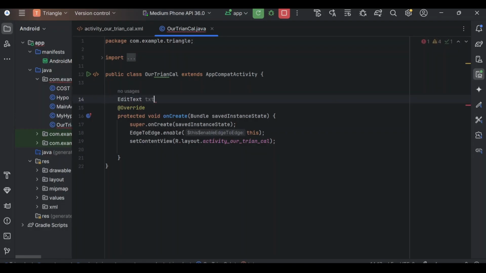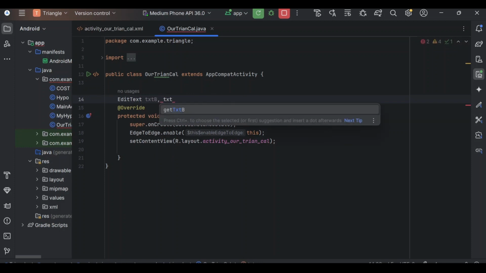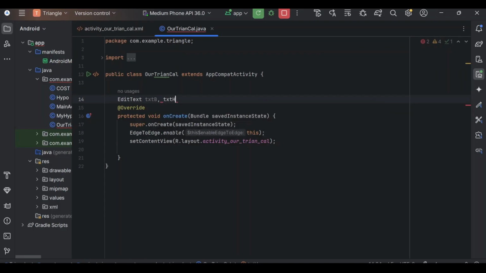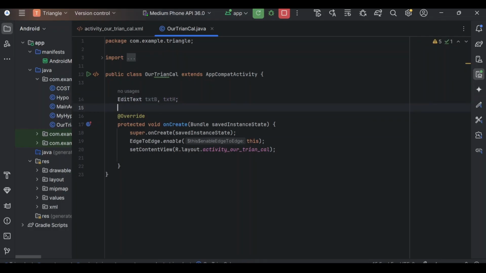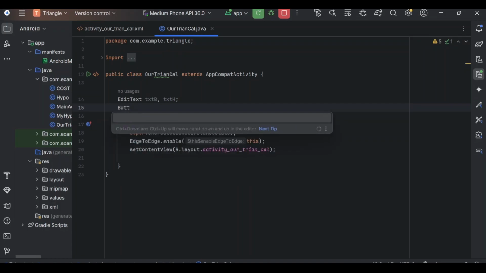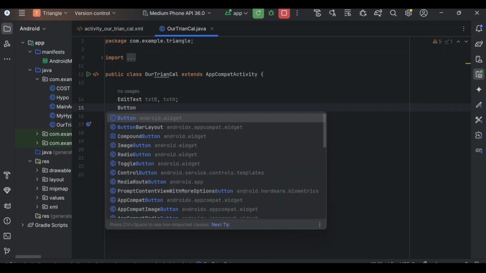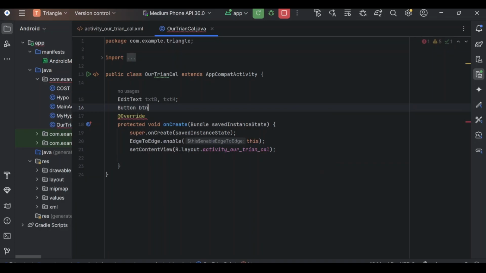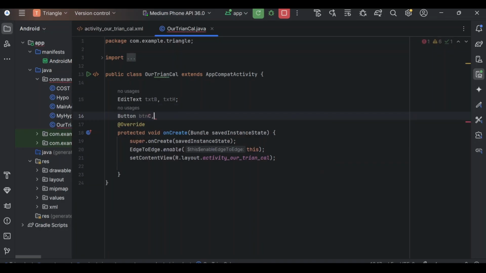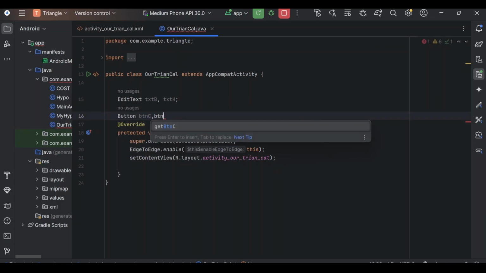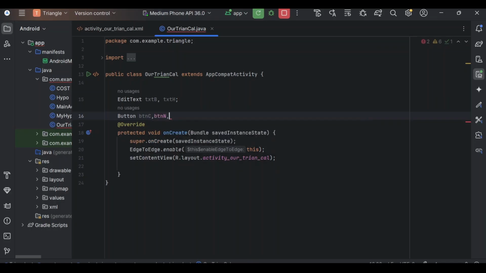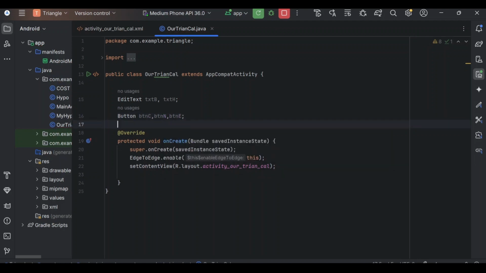TSTP for base, TSTH for height. Let's do it for pattern. BTNC for calculate. BTNN for new. BTNE for exit. And then don't forget